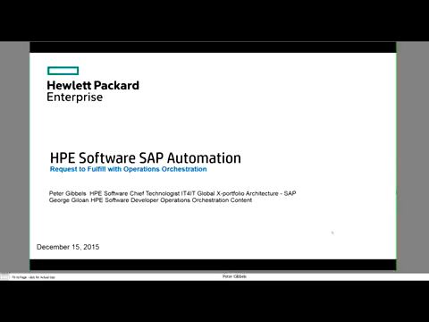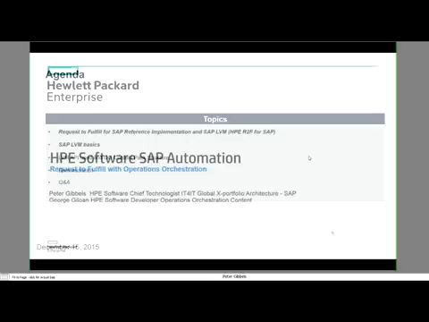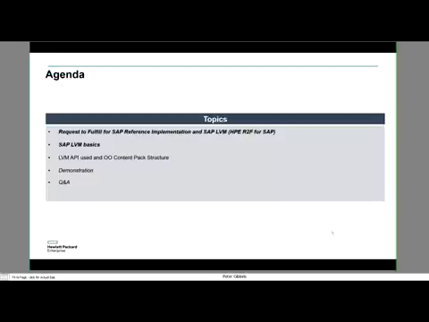So basically we put together an agenda. I hope you find it interesting. At the beginning, I will repeat a little bit of what we did last time to bring everybody up to speed. And then, for those on the line, I know that some know SAP and some do not, SAP Landscape Virtualization Manager basics, followed by topics that George will address.